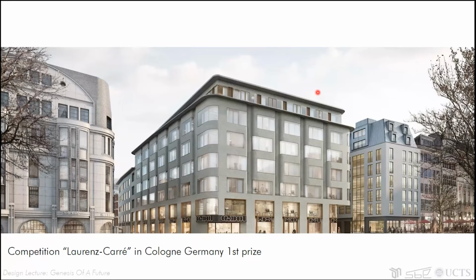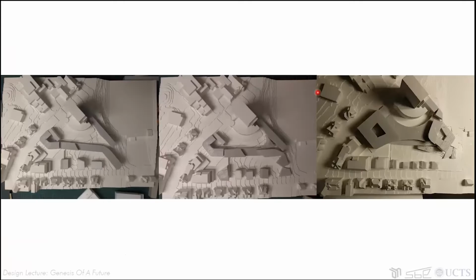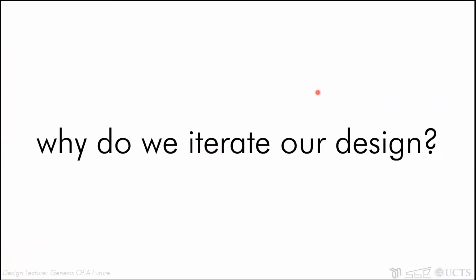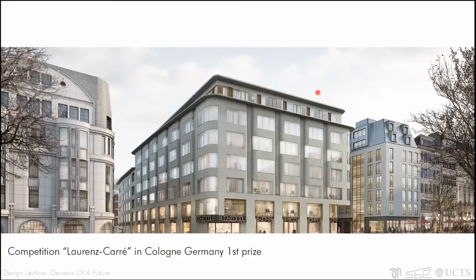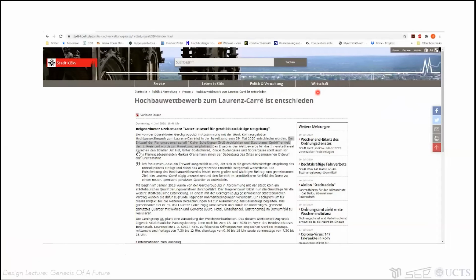of course, headed by Mr. Kister, who is our boss, and our teammates Matthias, Artyom, and Melanie, we won this competition in January 2019. And before we go there, that was the same process that we have to go through. I cannot show you the massing of what we've done because we actually won this project and everything becomes a bit confidential. So that was the news that came out from their council website to make it public and